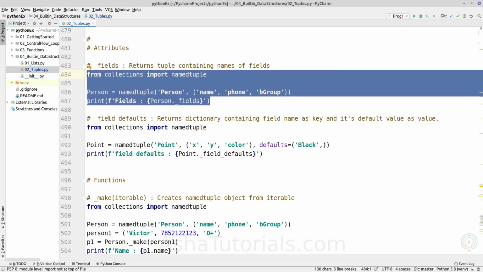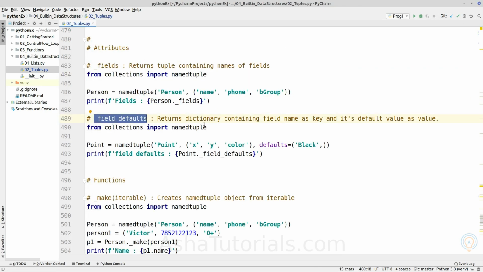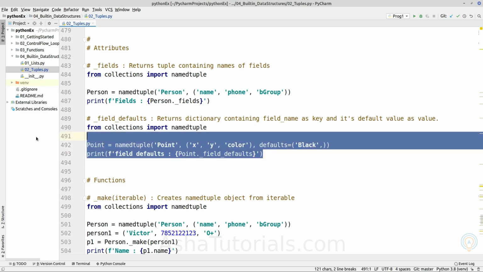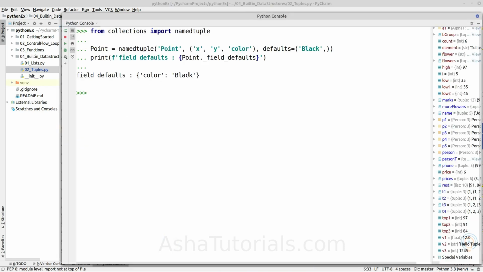Next is _field_defaults, which will return a dictionary containing the field name as a key and its default value. We will take the example of the same Point class which has a default value for the color field, and if we invoke Point._field_defaults, it should return a dictionary object containing color as a key and black as the value. As we can see here, it is returning a dictionary object.